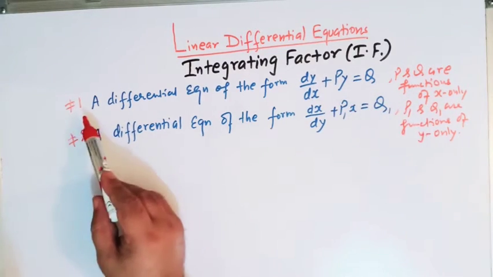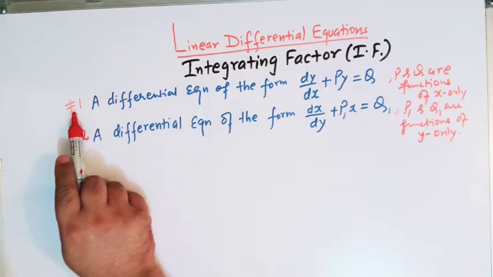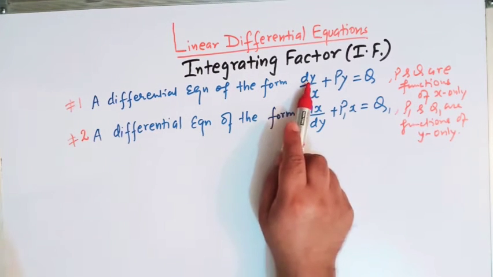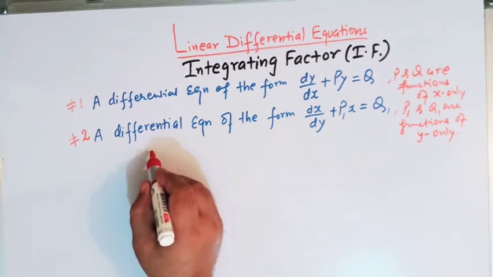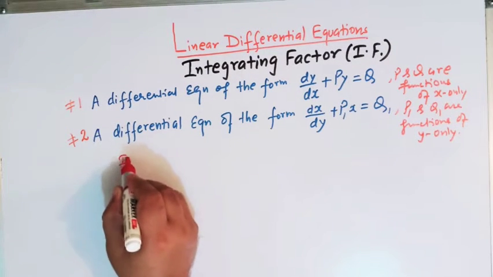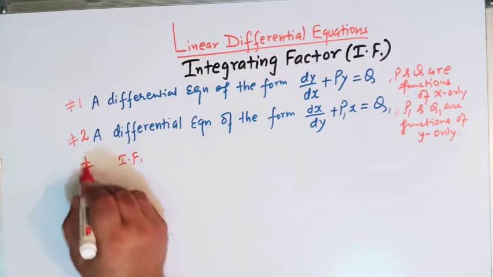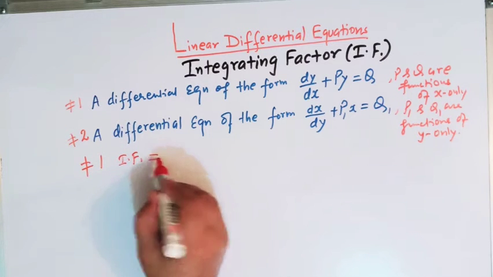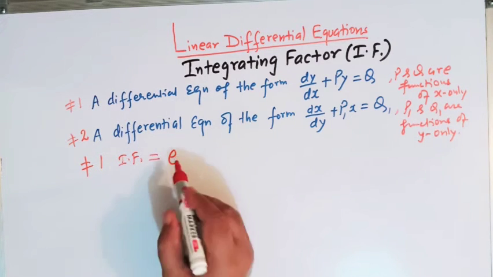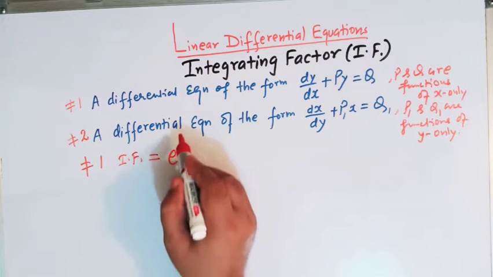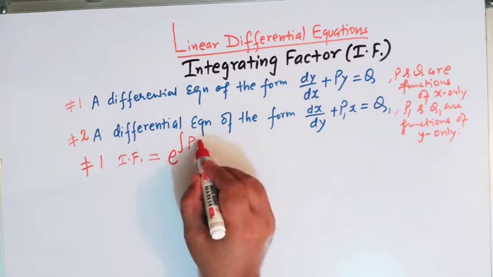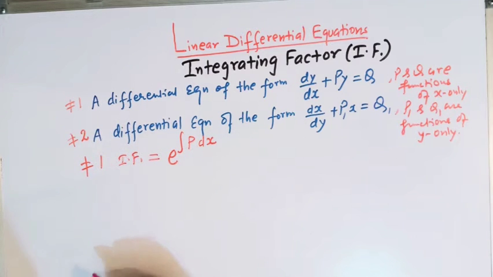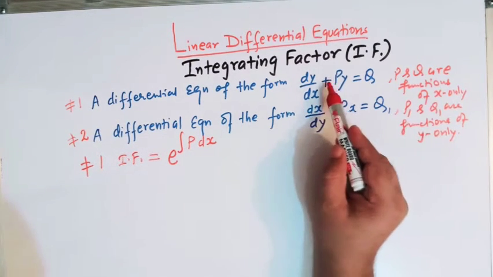So let us first take the first form, that is dy/dx + Py = Q. Here the integrating factor is given by e, the exponential number e, raised to the integral of P with respect to x. So this is the integrating factor of